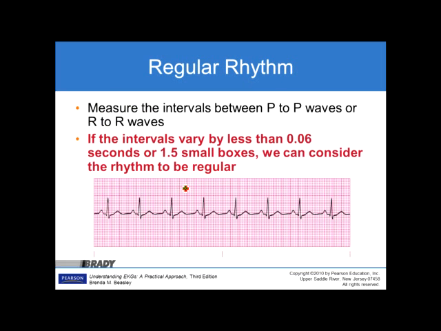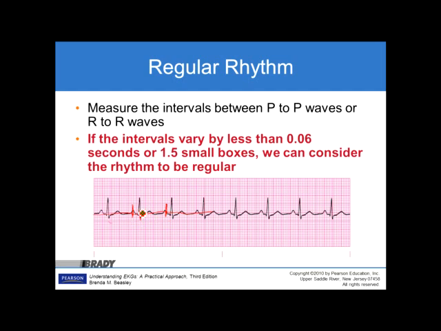Regular rhythm. Measure the intervals between P to P waves or R to R waves. If the interval varies by less than 0.06 seconds or 1.5 small boxes, we can consider the rhythm to be regular. The easiest way to do this is to take a secondary piece of paper and mark these off. The other piece of paper would be right here along your isoelectric line. And on that piece of paper, I generally mark off a couple of P waves